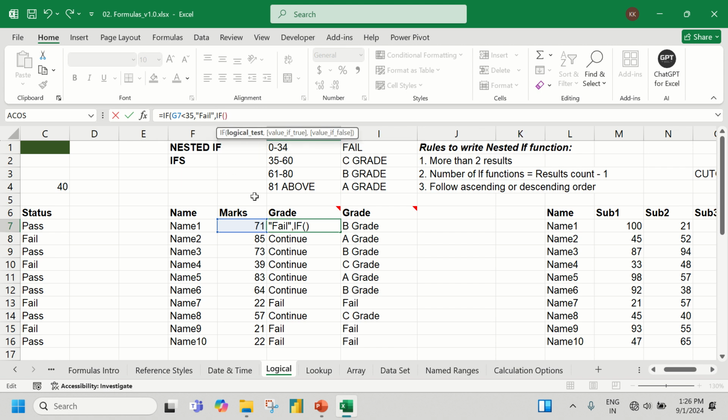Now you write one more if function. Consider this as a brand new if function you are writing. What is it asking for? Logical test. What is the second logical test that you want to check? If the score is between 35 to 60, right? Let me write this way. If the student score G7 is less than or equal to 60, you just write this way. If the G7 score is less than or equal to 60,